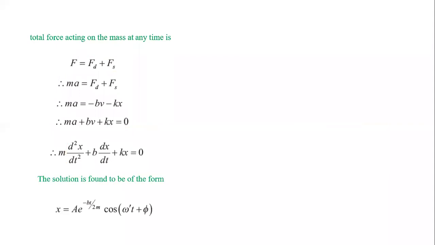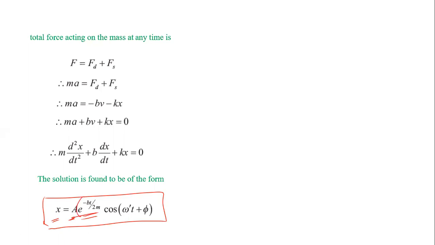Now we have to write the solution of this equation. The solution of this equation is x is equal to A e raised to minus bt divided by 2m into cos of omega t plus phi. Now here the solution is a mathematical part, so how we get the solution, I'm not explaining here. But you remember, the solution is this. A is the amplitude, e is the exponential term. Why the exponential term is there, I will tell you. Because the amplitude goes on decreasing in an exponential manner. So e raised to something we have written here.